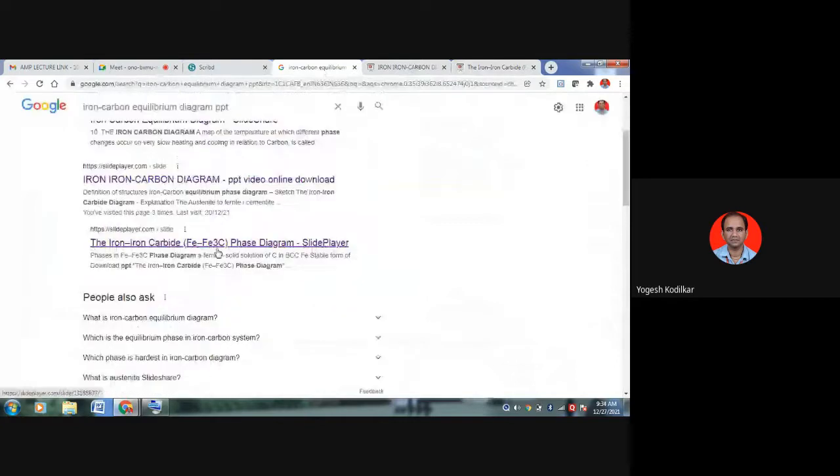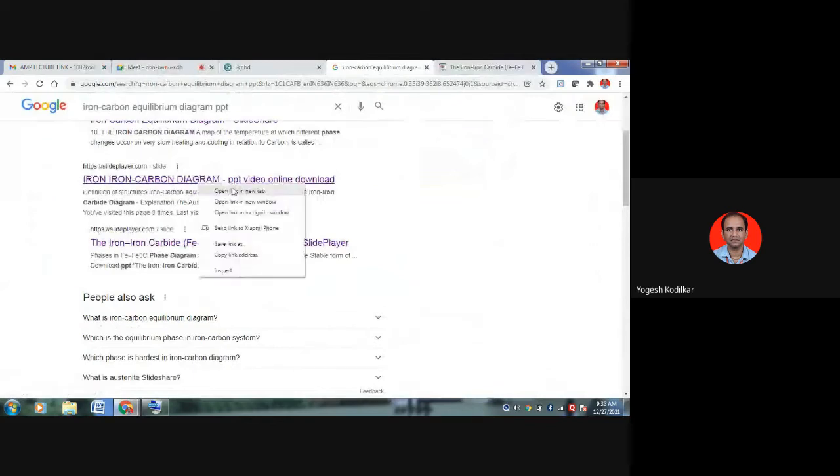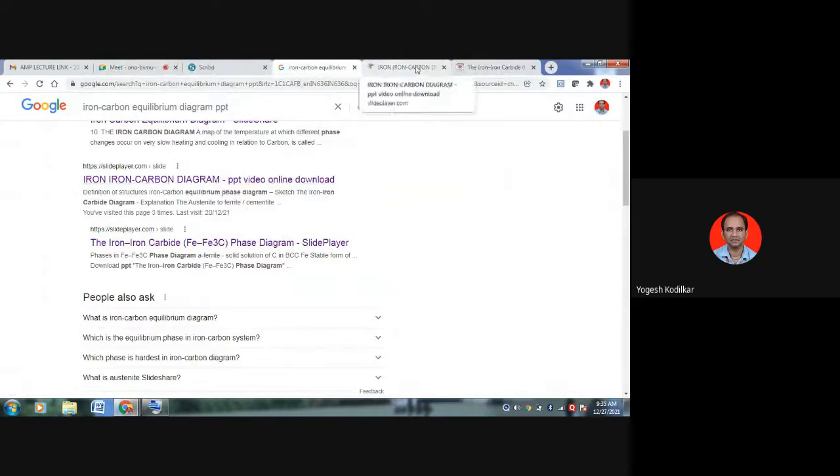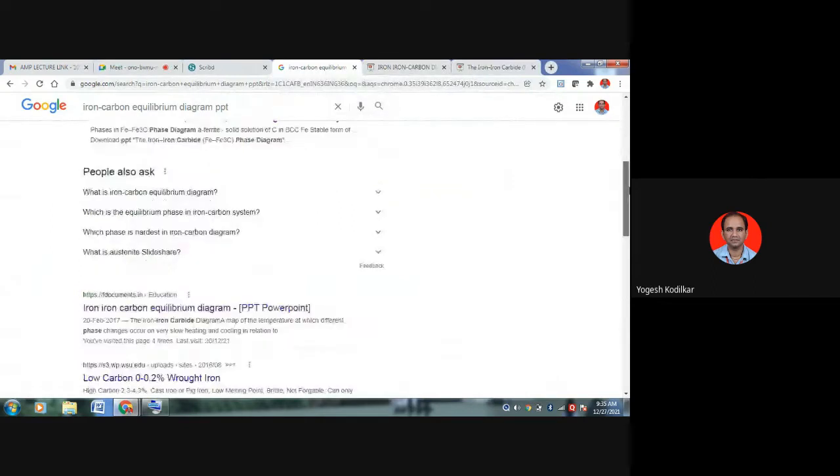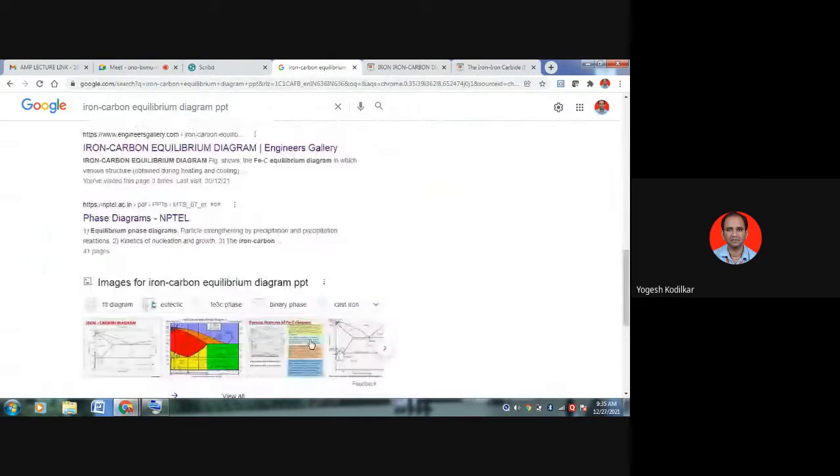This part of the iron carbon equilibrium diagram is also called the allotropy of iron. That means iron shows different phase structures at different compositions as well as at different temperatures. So this property of iron is called the iron carbon equilibrium diagram also. This diagram is an important part for any further study. So we'll understand basically what exactly that is.